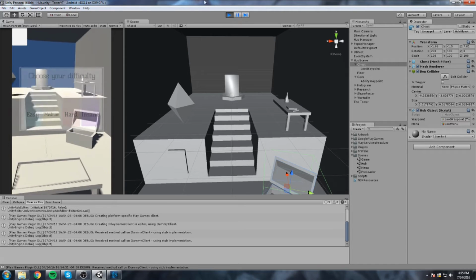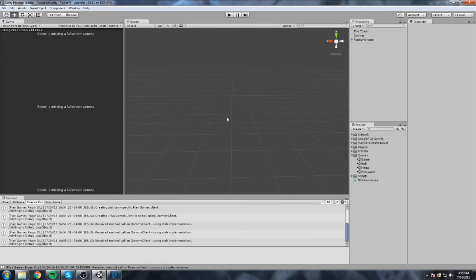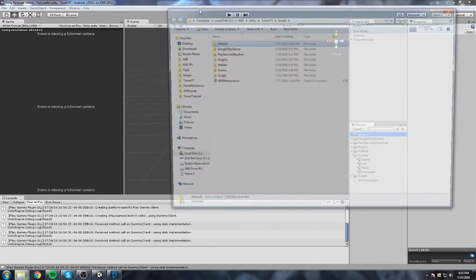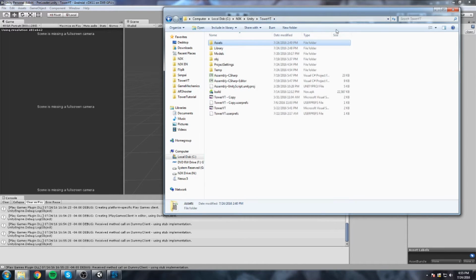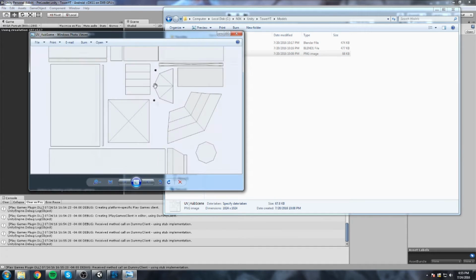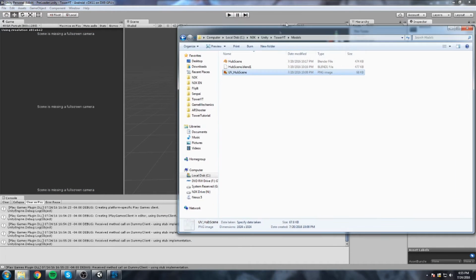It's pretty much the exact same thing, and today what we're going to do is lay down some color. So I'm going to right click somewhere, show in explorer, so I can go back to my folder, go one step back, and that is where I save my model. So not in the asset folder, but outside of it. We've got our hub scene, our Blender file, and we also got our UVs, and that is really what we are interested in today. So what we are going to do is open up Photoshop